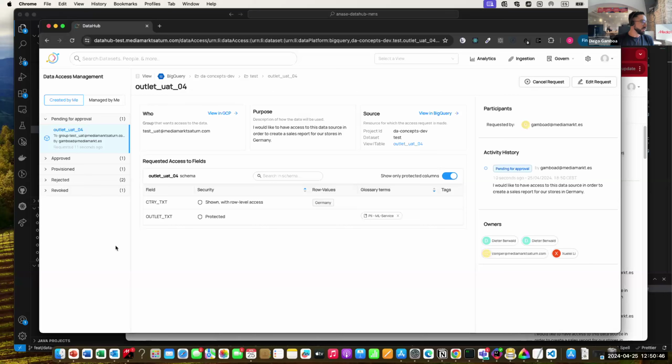And let me introduce the data access management dashboard. I will make a pause here on my access request process and explain a little bit the data access management dashboard. We can see on the left side the navigation area where I can jump between the other access requests that have been created. As you can see, we have aggregated all of them by status